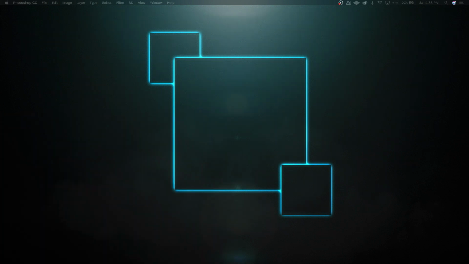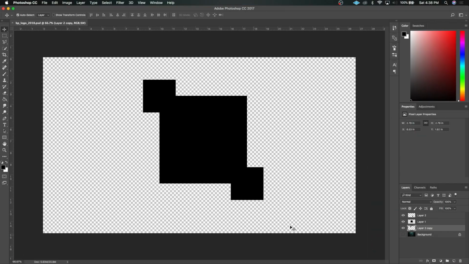Okay, so here's the logo in front of us. This is just wallpaper. It's a 2560 by 1440, something like that. I think it was built for a 27-inch iMac. So what I did is I imported it into Photoshop and shrunk it down to 1920 by 1080, so we can have an HD version of it. And then,